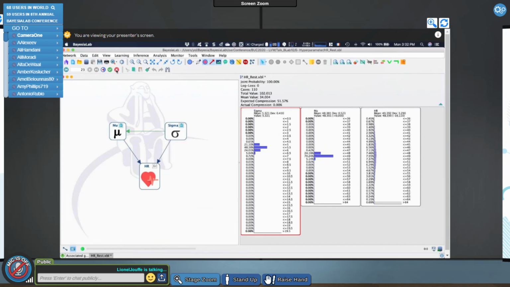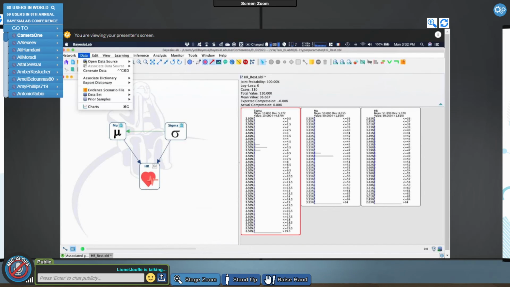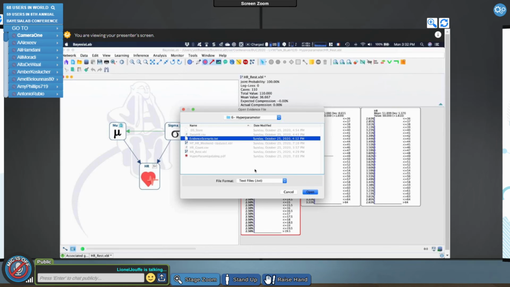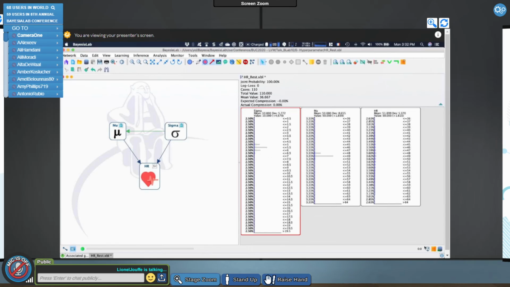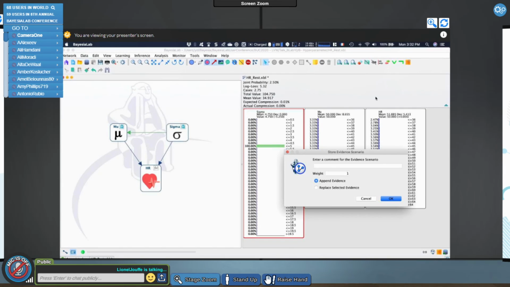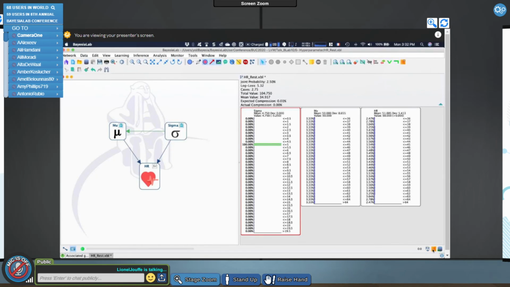And I can also do the exact same thing with a scenario. We have scenario files here where you can also define weights. So if I add a scenario, you have this new feature here where you can associate a weight with your evidence, right? So this is a scenario file with weights.